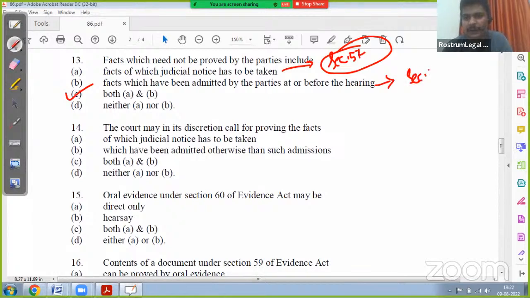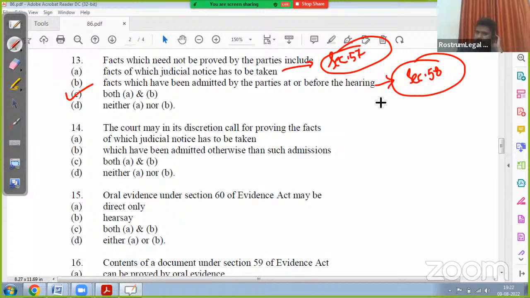अब देखिए ये आपको, if you will read section 57, it simply states that if a particular fact का judicial notice has to be taken, that facts need not to be proved, and if a particular fact has been admitted by the party at or before the hearing under section 58, then such fact need not to be proved। अगर सामने वाली पार्टी ने, अपोजिट पार्टी ने जिसके अगेंस्ट आपको प्रूव करना है, that party has admitted, then the fact need not to be proved until and unless it is specifically stated by the court।